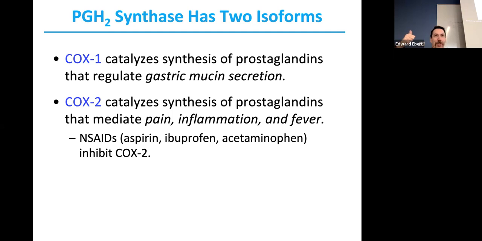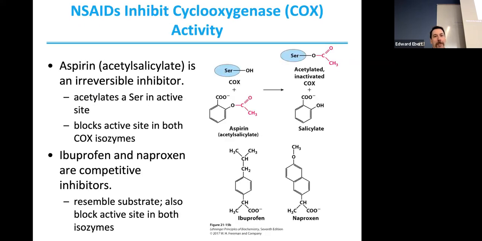One that controls stomach mucin, and one that controls prostaglandin synthesis that affects pain, inflammation, and fever. All right. So our various NSAIDs are aspirin in there. Aspirin is an irreversible inhibitor, so it will bind and just kind of take that out. We get a lot of turnover in our cyclooxygenases, so it kind of takes out the ones that are active. So we make some that are fewer in there, and you can see our salicylic acid to aspirin in there,